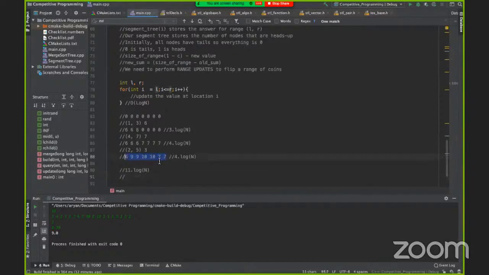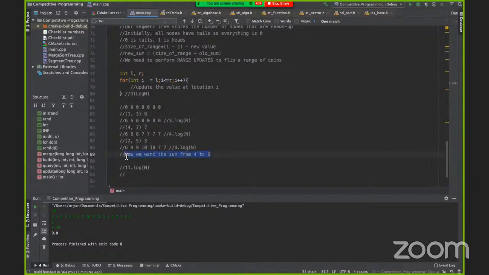we have not even used a query up till now. Imagine that the query happened now. Now we want the sum from 4 to 6. The query only happened now, so we need to update all of the values from 1, 2, 3, 4 here to 5, 6 here. Realistically, we spent 11 log n doing it one by one, but to answer the query, we only needed to do 3 log n. 7 updates were useless.